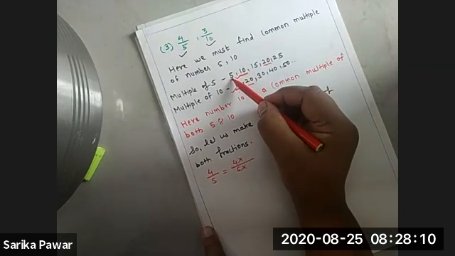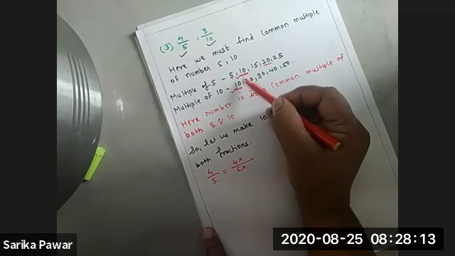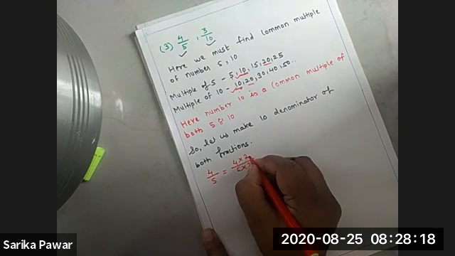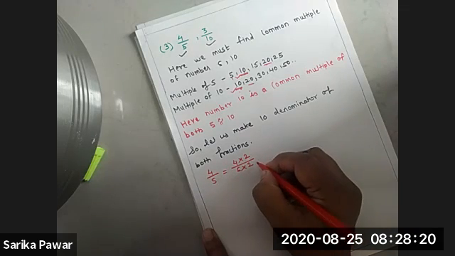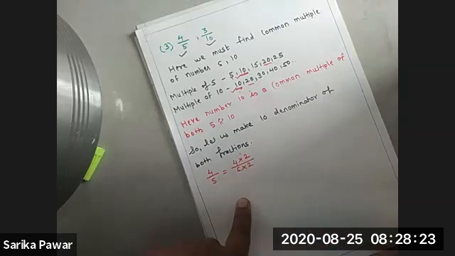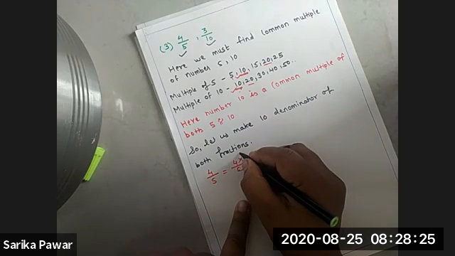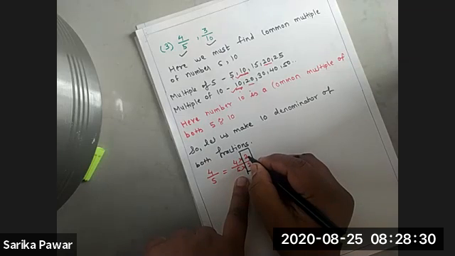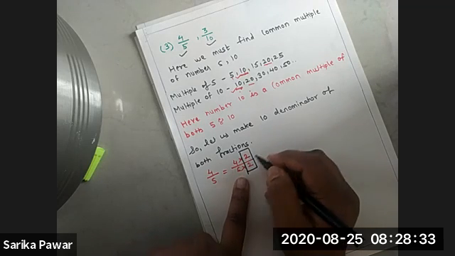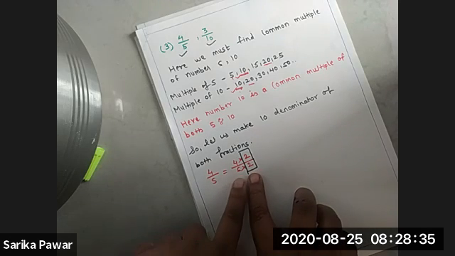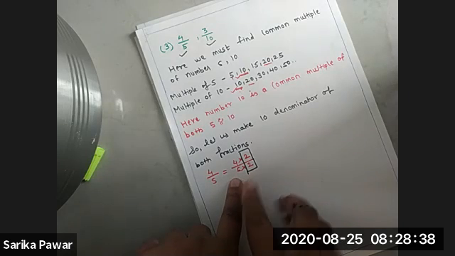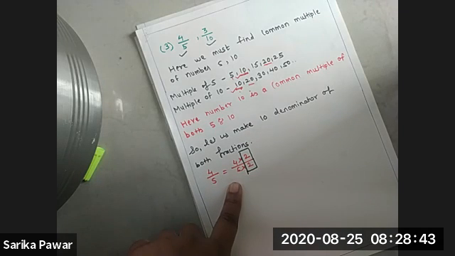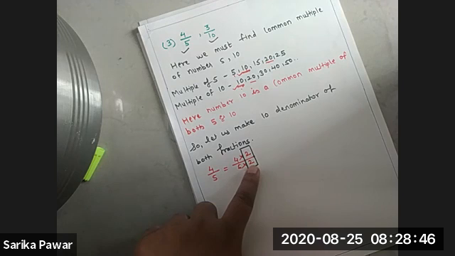See here, 5 ones are 5, 5 twos are 10. If you are choosing number 10, then we have to multiply by 2. 5 twos are 10. Here also we have to multiply by 2. Same number, keep in mind, this is the very important step that you have to remember. If you are multiplying number 2 in denominator, same number we have to multiply in numerator. In every problem, any number we are multiplying in denominator, the same number you have to multiply in numerator. This step is very important. Don't skip this step.